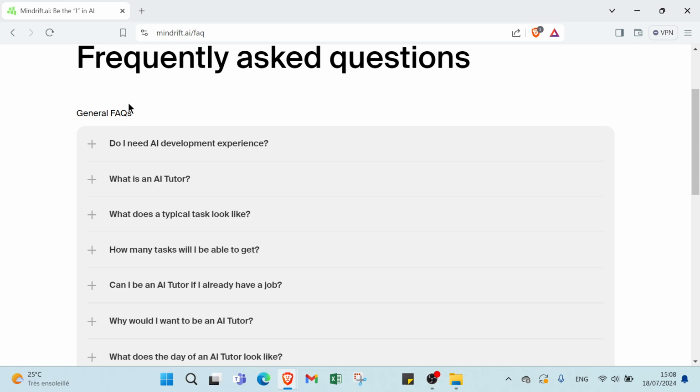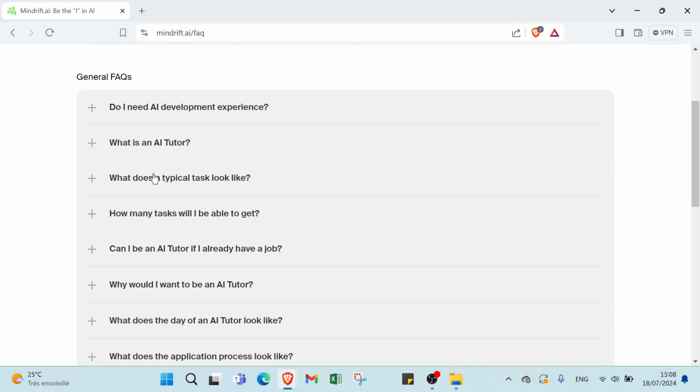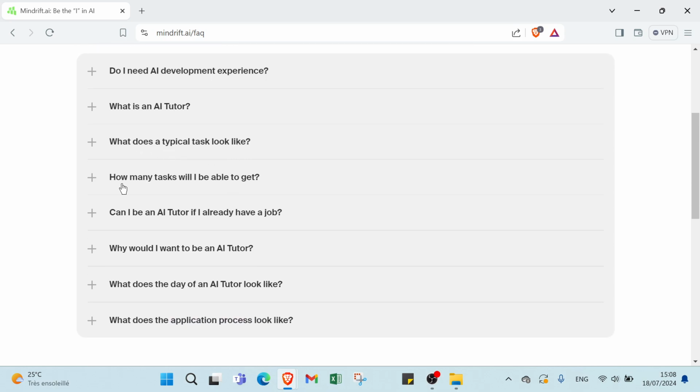First we have, do I need AI development experience? What is an AI tutor? What does a typical task look like? How many tasks will I be able to get? Can I be an AI tutor if I already have a job? Why would I want to be an AI tutor? What does the day of an AI tutor look like? What does the application process look like? All you have to do is click over here and get your answer. As you can see,